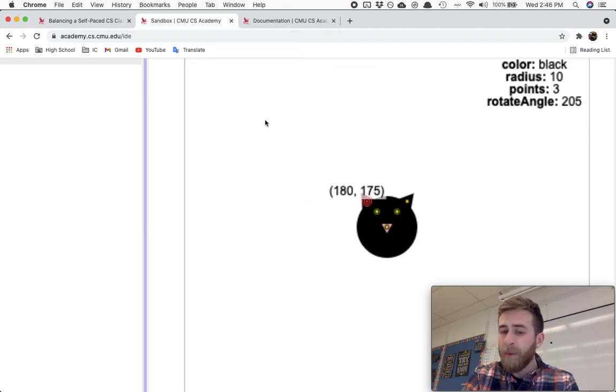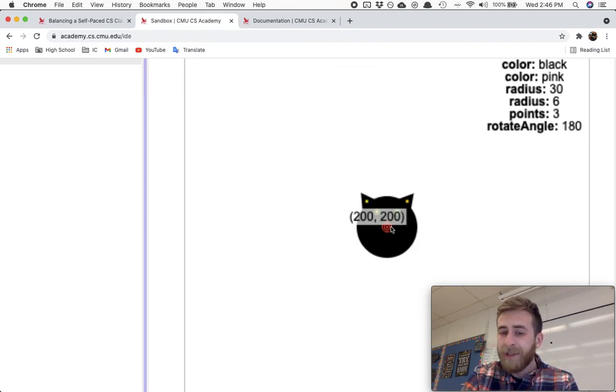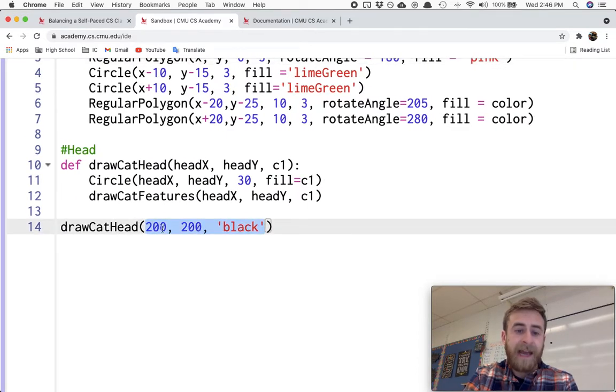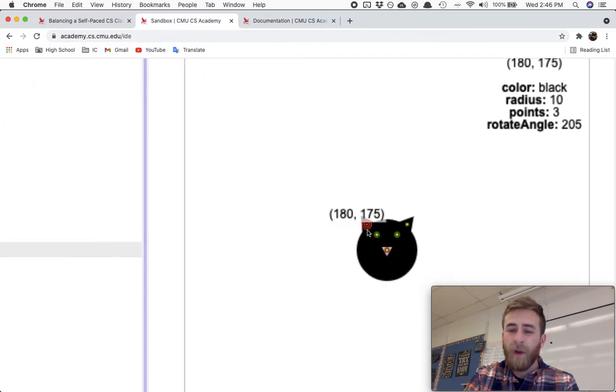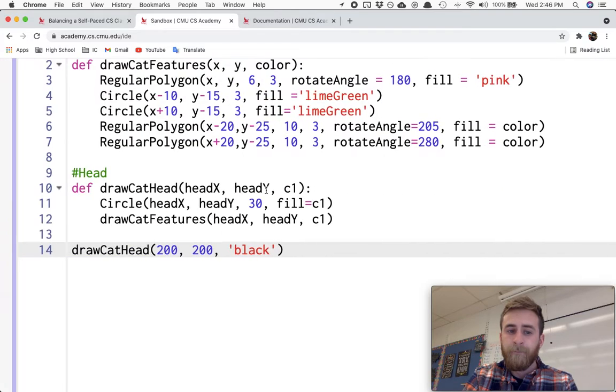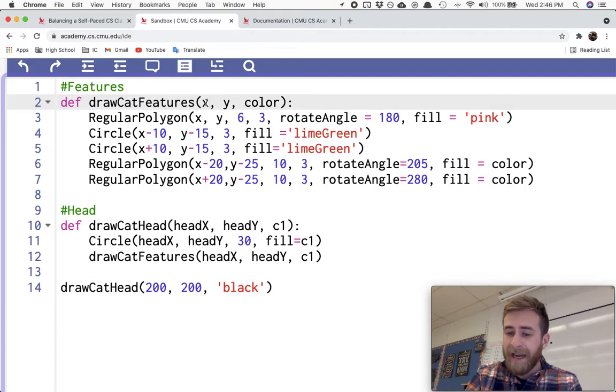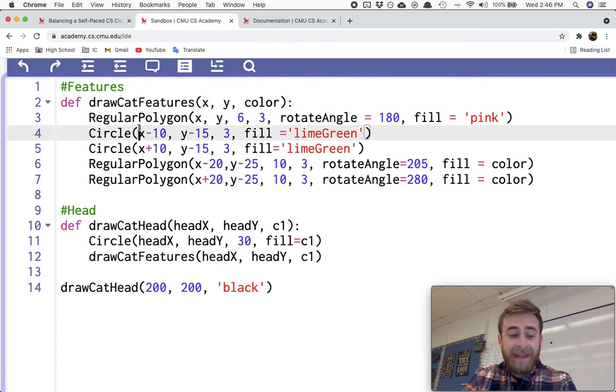Now, when you're using helper functions, a lot of times you're going to be given only one value, right? The whole idea here is that to draw a cat head, I just need to say, hey, I want the cat head to be at 200, 200, but I don't want to deal with the details of where the eyes are every time, where the ears are every time. So when you're actually defining your function, it'll look a little tricky. You're going to have to use the X and Y that they sent you and then edit them to be